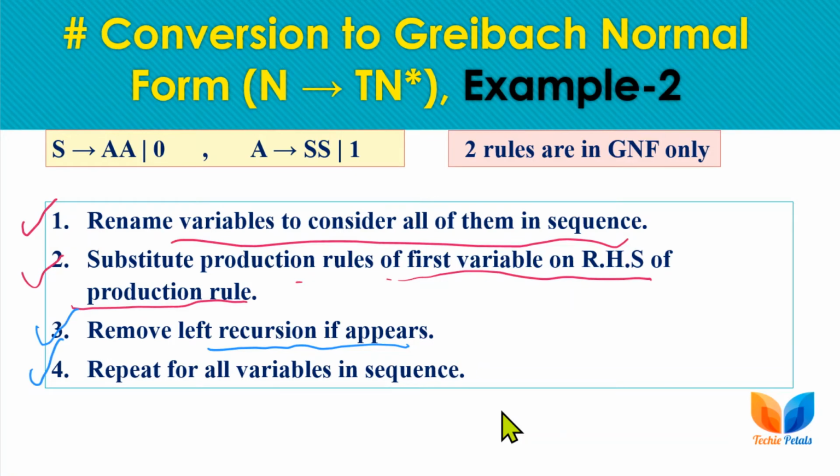So you have to solve the question very carefully, and in most questions you need to apply left recursion only once, and for all other variables only substitution will work. You will get to know these things when you practice or solve one or two questions. We need to apply left recursion only once, and after that we simply substitute the production rules into other production rules to generate the GNF grammar. So let's start with the question.